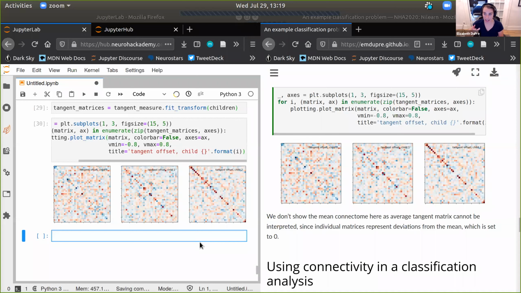So I think one of the reasons we have tangent space embedding in Nilearn is that Gael would say tangent space embedding offers a really nice combination of properties. And we'll see a little bit later how it actually does in classification. But most people, when they're thinking about functional connectivity matrices, will think about correlation, right?